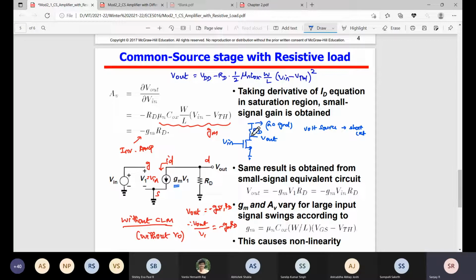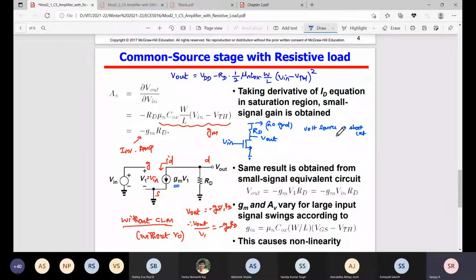So no need to consider DC once again, because what is gm? gm is mu n Cox W by L, VGS minus VTH. What is VGS? VGS is the DC value, gate to source DC value. So everything comes into the picture in gm itself. But gm is a DC parameter we are using for the small signal analysis. So that DC effect will come into gm. Fine. So the remaining voltage source we can nullify, because every effect will be considered in gm itself.